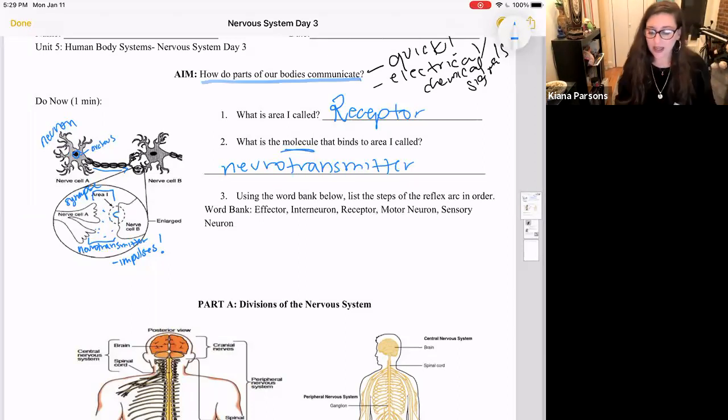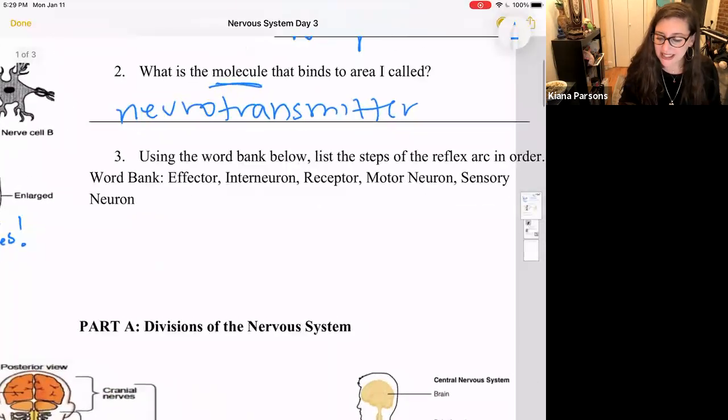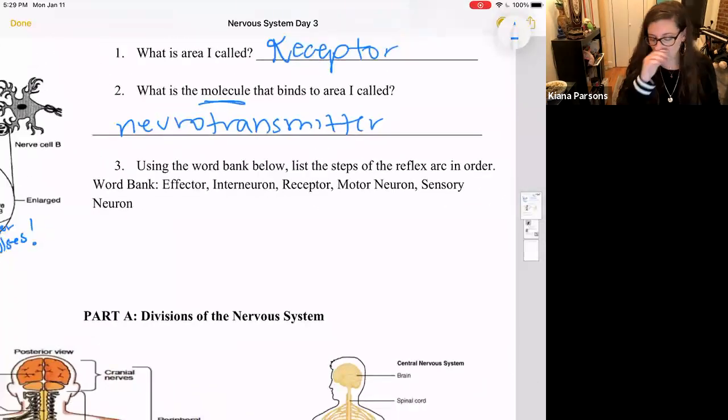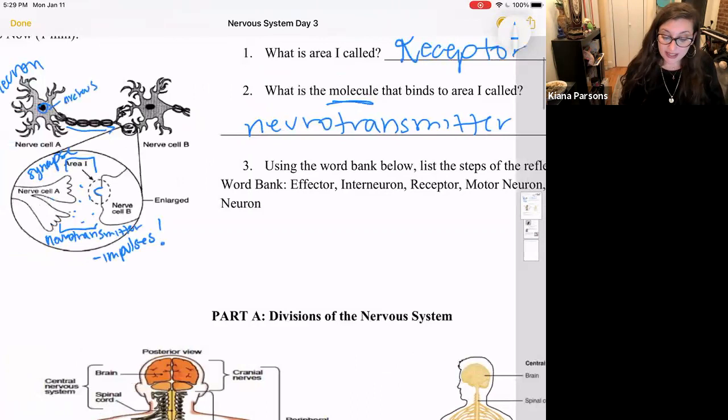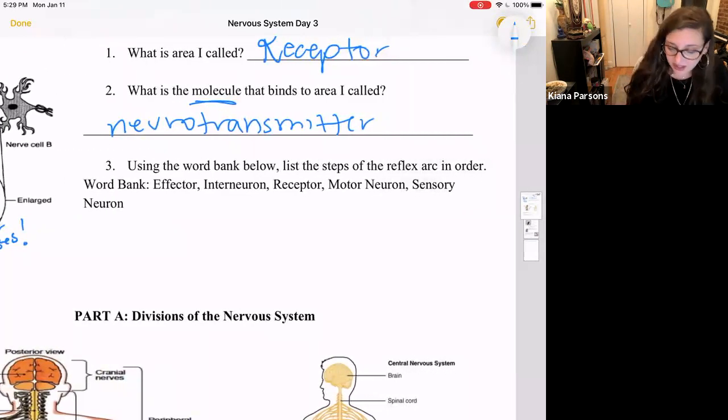So now for another little review. Using the word link below, list the steps of the reflex arc in order. So we have here effector, interneuron, receptor, motor neuron, and sensory neuron. So we're going to start just like we did here, looking at the communication between the two neurons with the initial receptor,